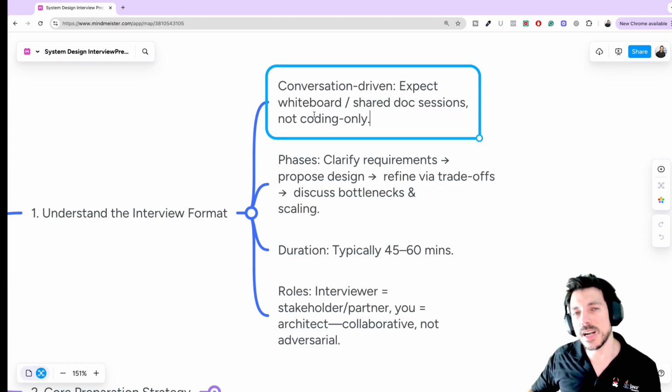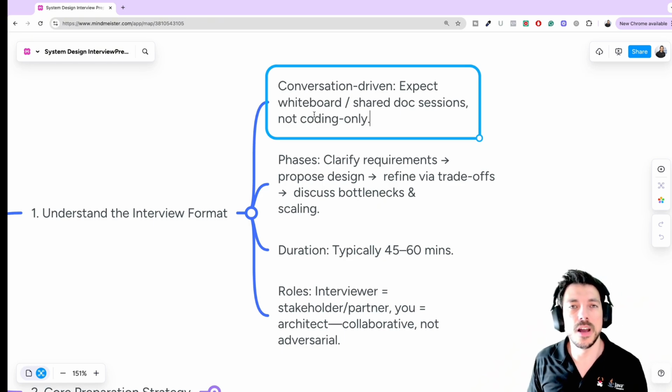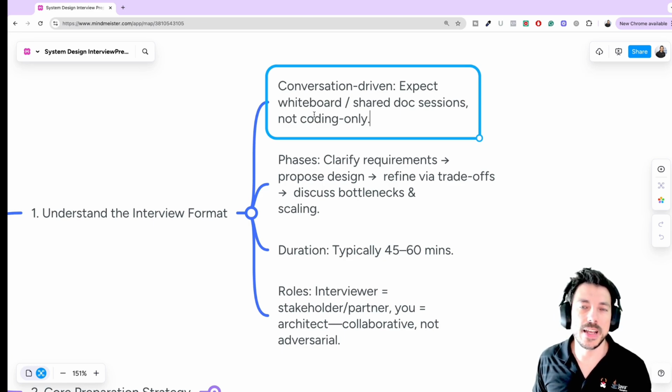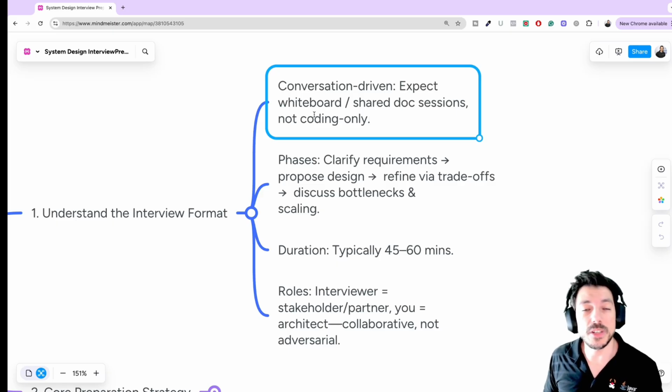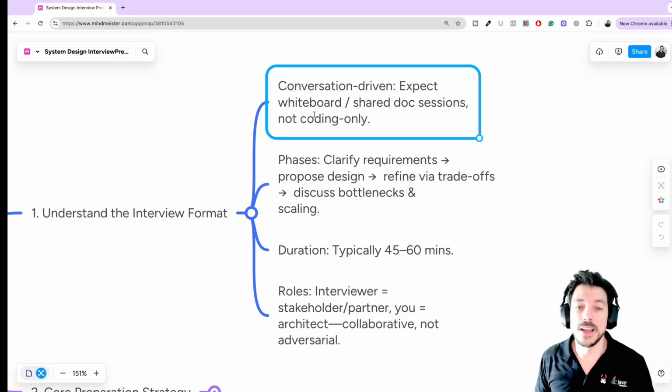Like if you say, hey, I'm using Kafka rather than SQS, they're going to ask, hey, why are you using Kafka? Then you're going to have to explain. And if you are better on SQS instead of Kafka, just say, hey, I'm going to use SQS. And if they want to go deep into SQS, and sometimes they do in the interview, instead of doing a system design interview, they're going to say, okay, tell me more about SQS. And then you're going to have to explain the whole thing. So be careful on the technology you use. And if you choose one technology over the other, explain the reason why this technology is the one you chose.